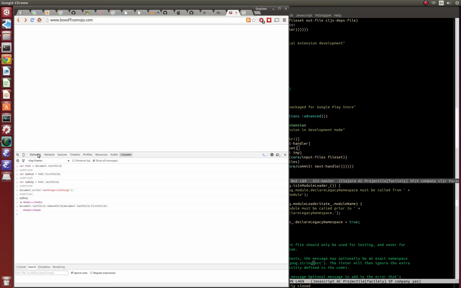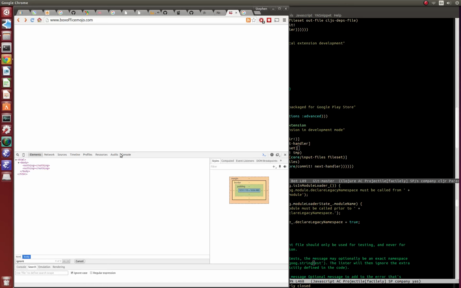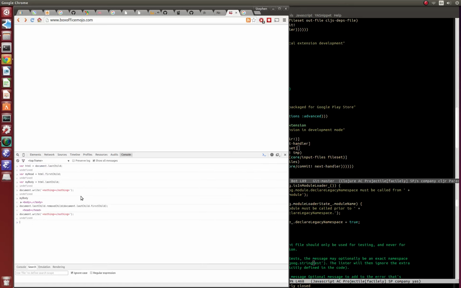Okay, I think it did remove the head. Yep. Now, if I do a document.write, what happens? Document.write still works. Okay. So I'm going to do a for